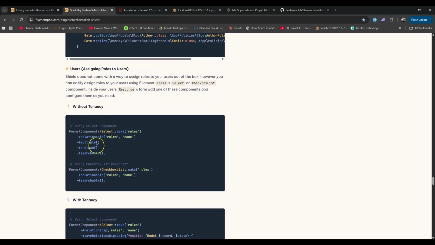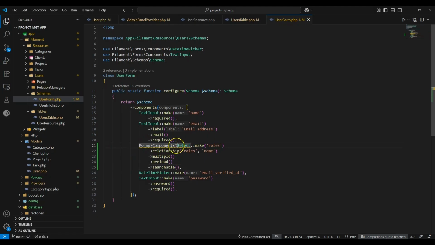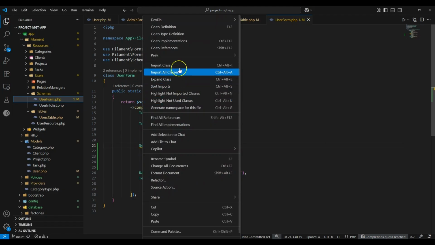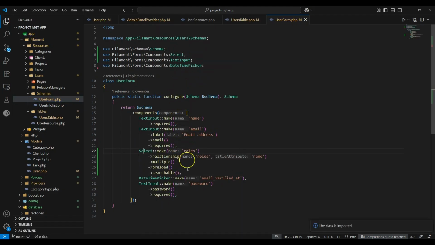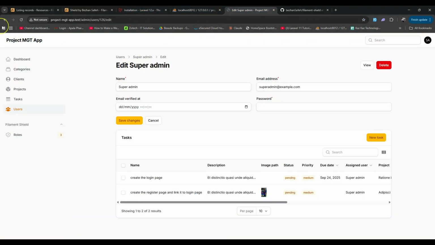Without tenants you can just use this one, but also you can use the checkboxes. I prefer to use this one. So this is what I was supposed to add here. Okay, and let me remove this one because we already have that. So let's import this one, and now we should be able to see that, and also we are able to select multiple roles. So if we go back to the application and refresh,